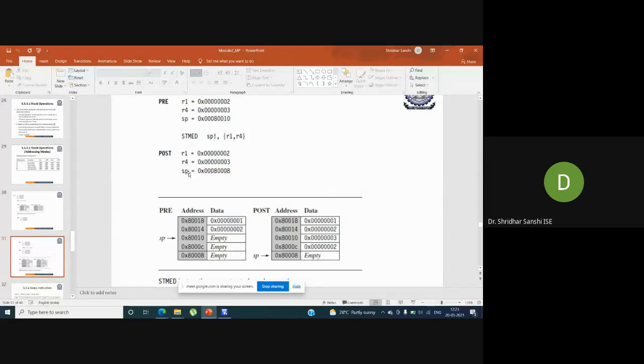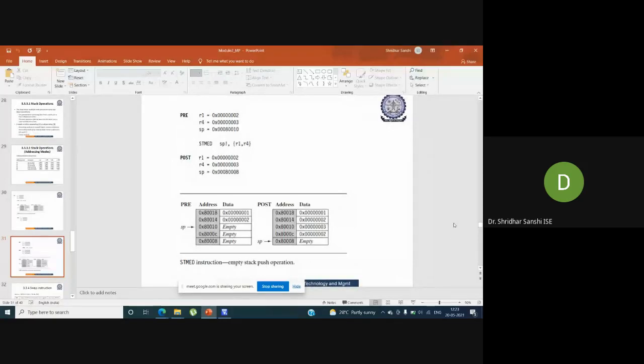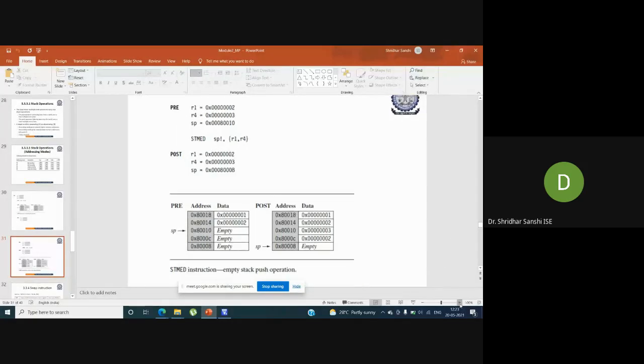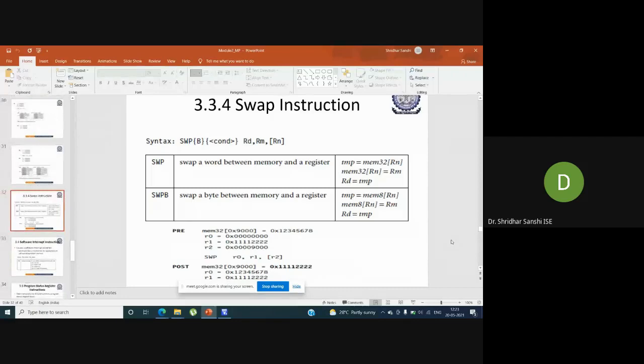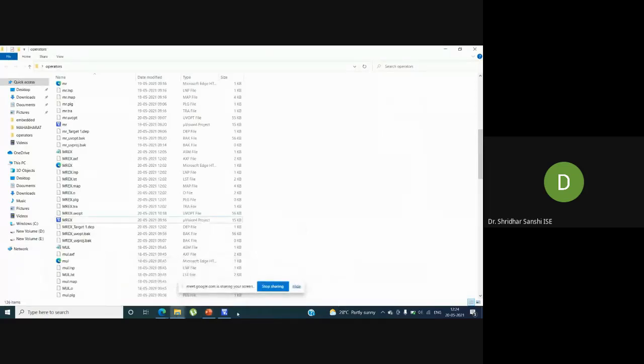So this is the stack pointer pointing. This is the difference between full stack and empty stack. Any doubt? So let me execute one demo.